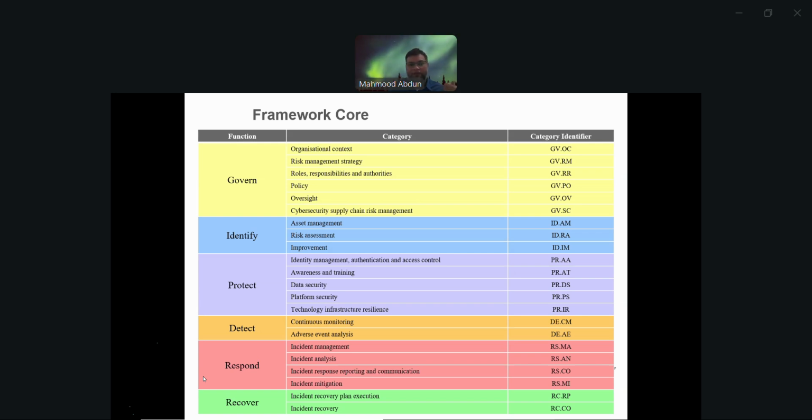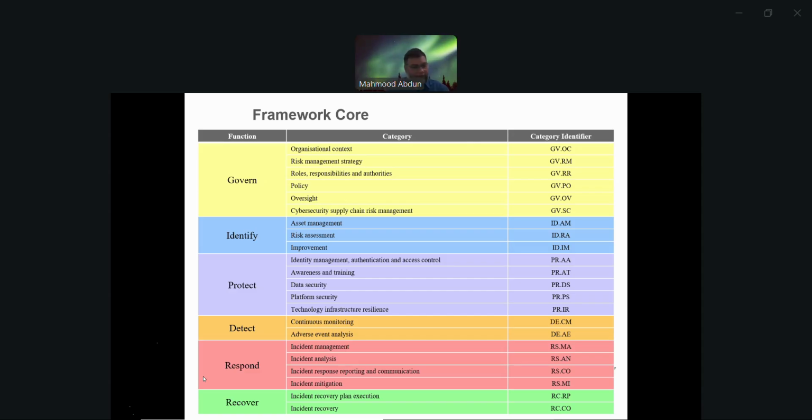Essentially, they took all the governance functions from each of these and created a new function called Govern. And functions are basically verbs, action words. So we govern, we identify, we protect, we detect, we respond, we recover. It's very easy to understand and relate to.